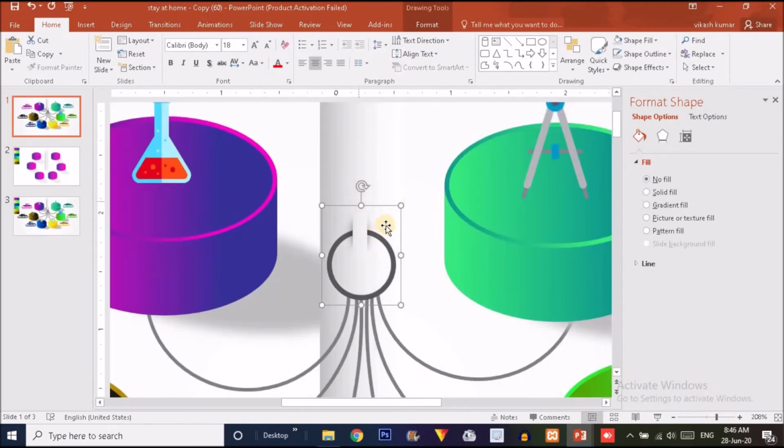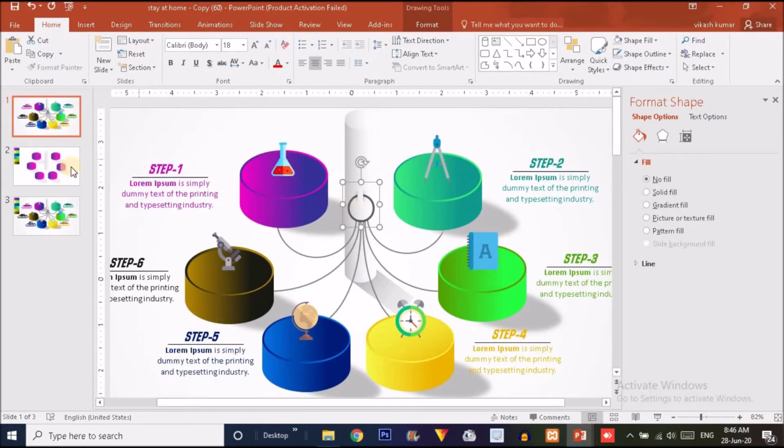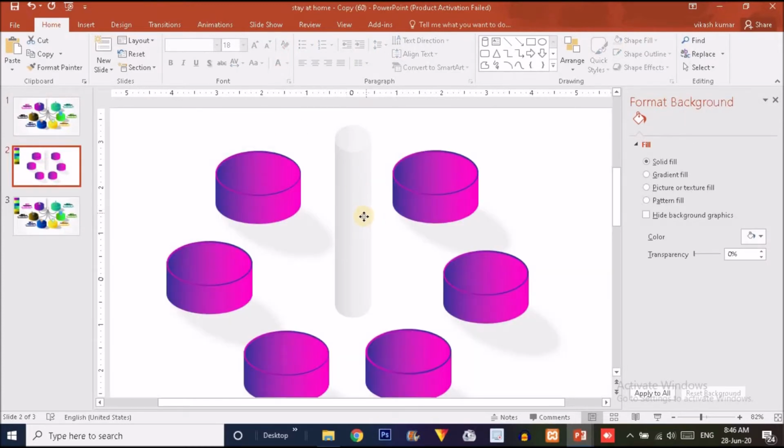As you can see here in the pillar, there is a cutting part effect like this. It seems like the circle is emerging from some part of this pillar and connecting these circular arcs to the circular base. So for this, I am going to create this type of effect.